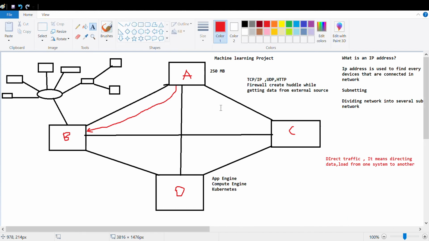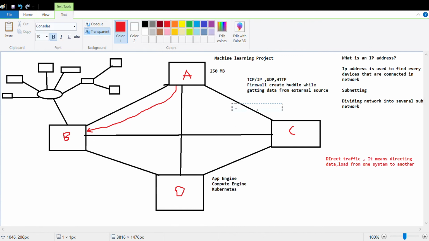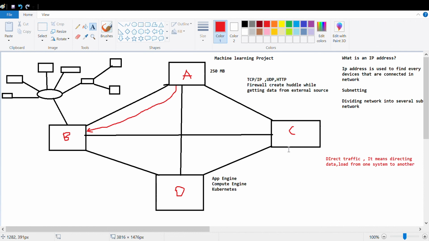In this way, you can connect to the network. When we work in an organization, a person sitting in India communicates with C, or a server running in the US is connected with the India server and they distribute the traffic. These servers or services of the cloud are connected with the help of the VPC, the virtual private cloud. Is it clear what we mean by virtual private cloud, IP address, subnetting?